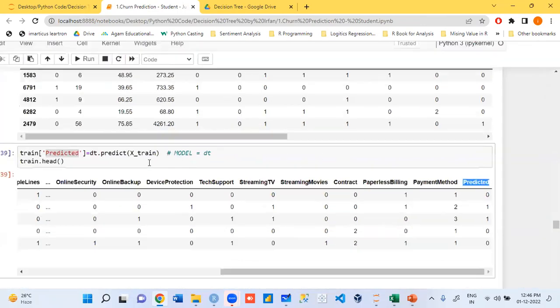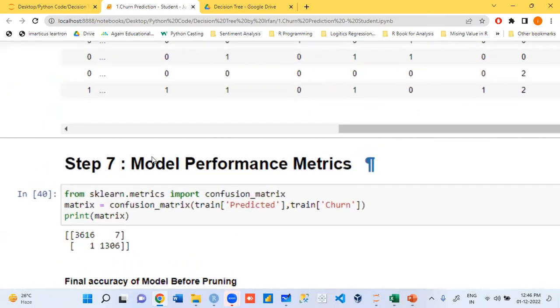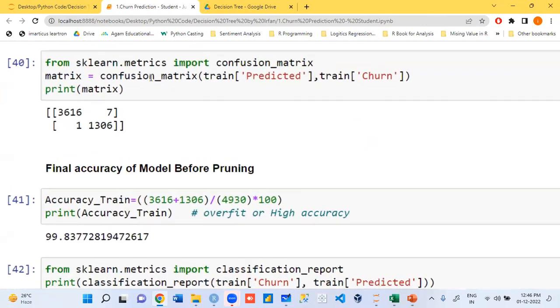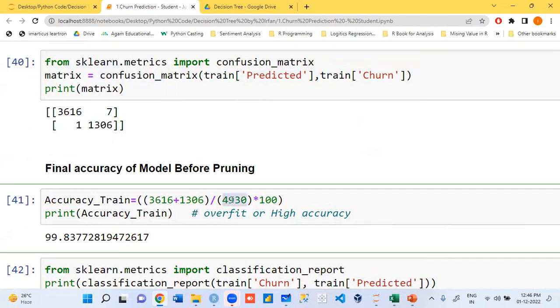Now, how do we check accuracy in classification? Confusion matrix. I make a confusion matrix for predicted versus actuals. How do we check the accuracy? 3616 plus 1303 divided by total number.